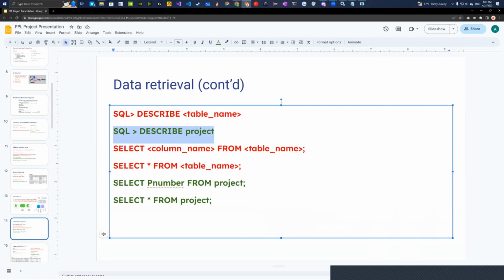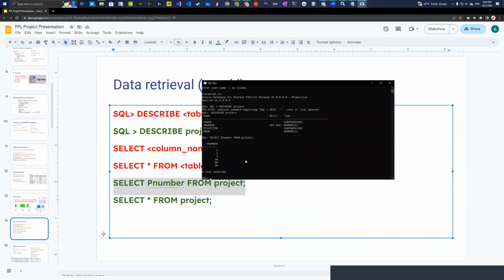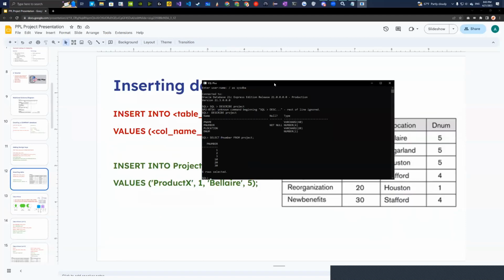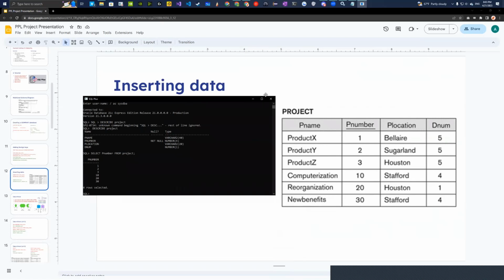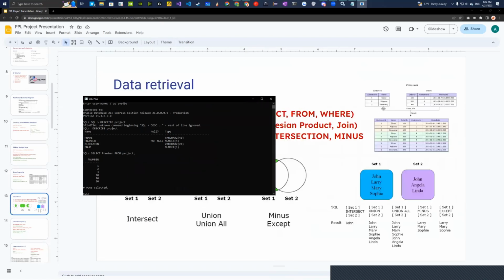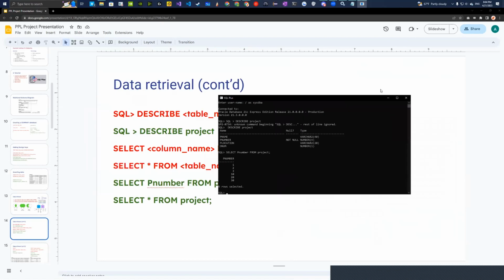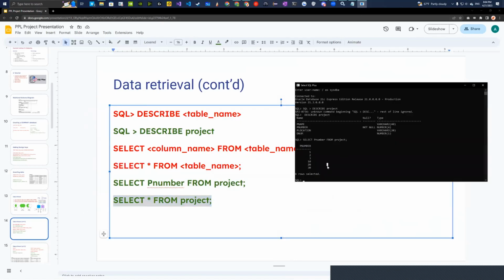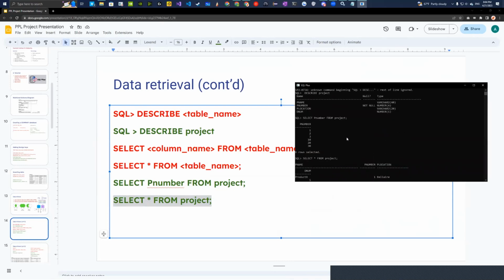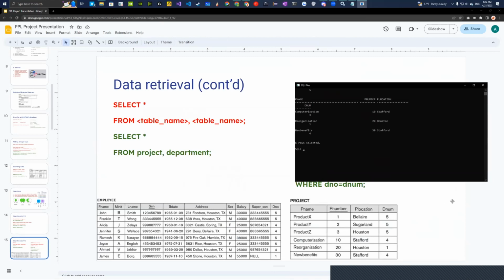And so we can do select this attribute from project and run this, and you can get the project number, which again, we were looking at before. Here's the product number. So you can kind of see this mirrors that right there. And then we can also use the star symbol to actually select everything. So this will bring up a bunch of data, which is kind of unreadable, which leads us further into this